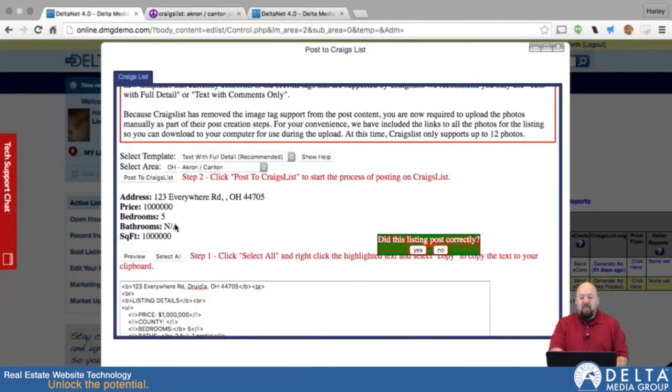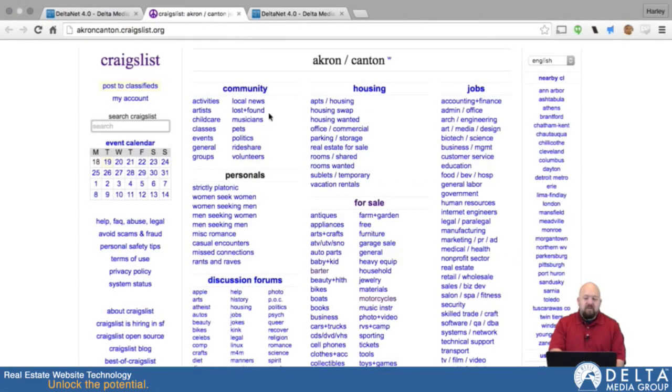Also, you can keep going back to this page where you need to enter square feet. That's right here. You just copy and paste. Same with price, bedrooms, bathrooms, address. Basically everything Craigslist is going to ask for, you can come back here and you can copy and paste it over to Craigslist. Once you've finished on Craigslist and posted your ad,